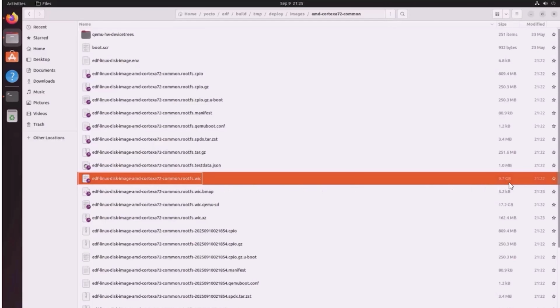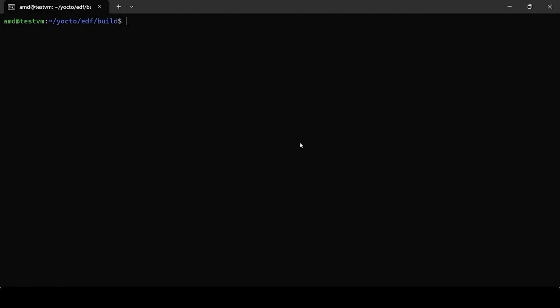Here, you can find the edf-linux-disk-image-amd-cortexa72-common.rootfs.wic file. It should be approximately 9 to 10 gigabytes if you followed this exact build. After verifying that files were successfully generated, the SD card .wic file must be partitioned to add the bootloader.